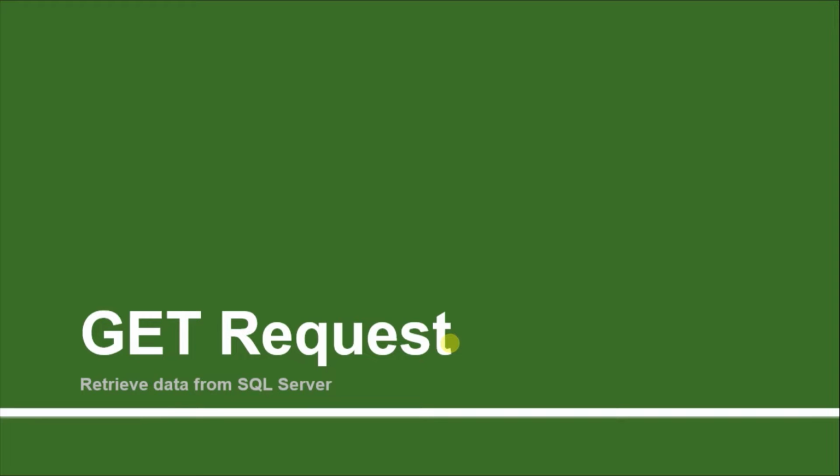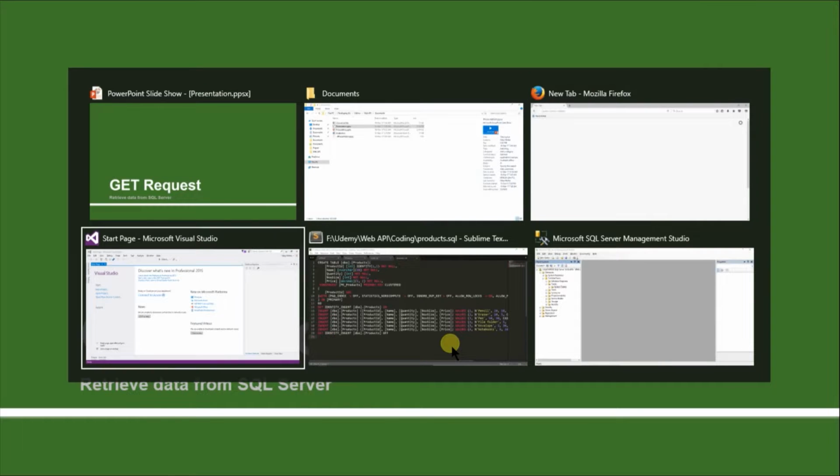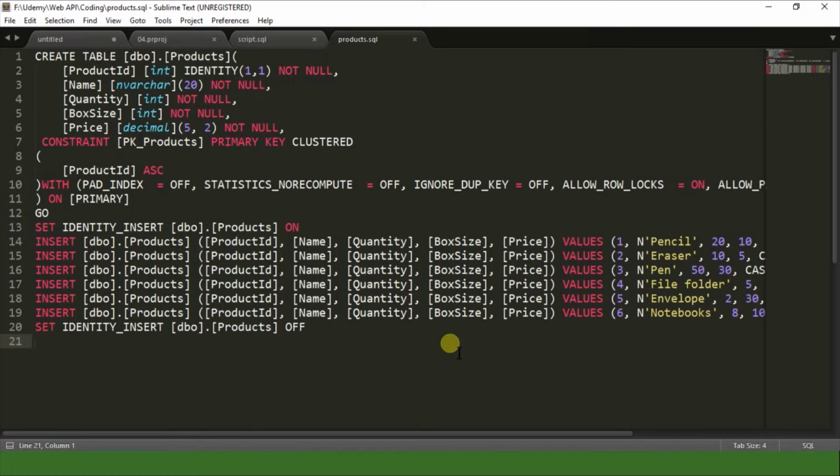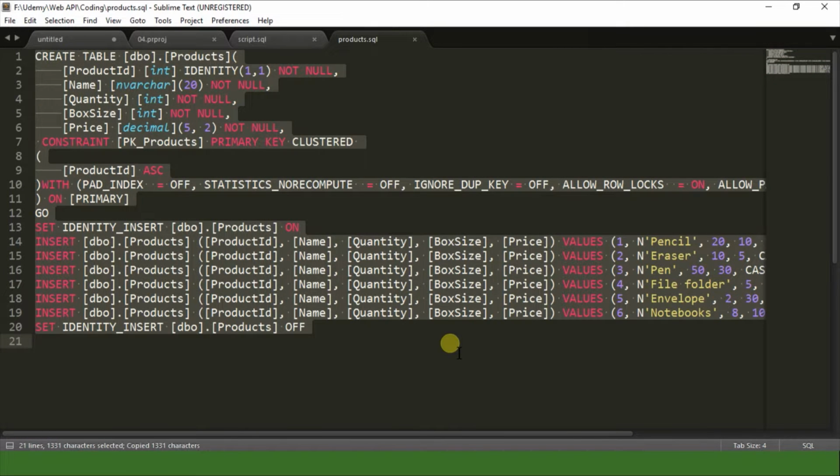Till now we were retrieving the data from our list. Now we are going to retrieve the data from the database in a REST fashion. For this we need to create the database. I have already created a script which is available to you. Copy it and